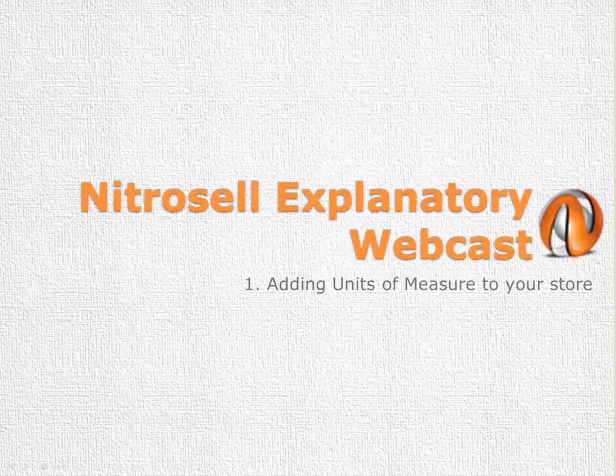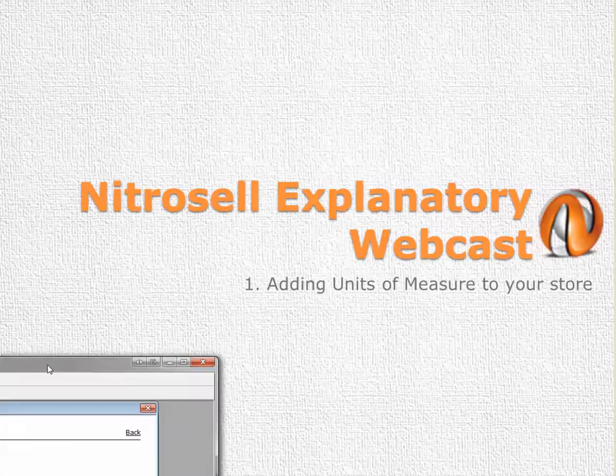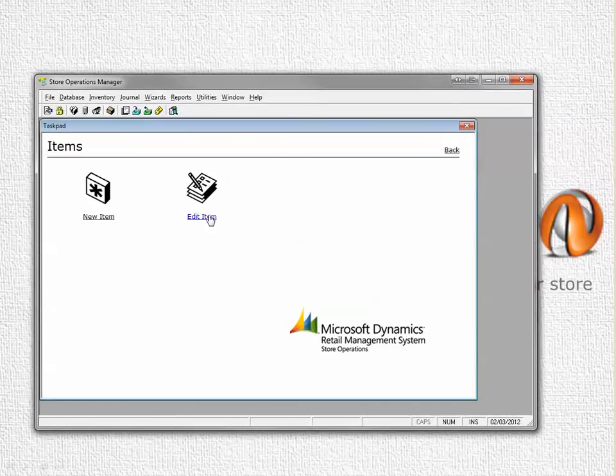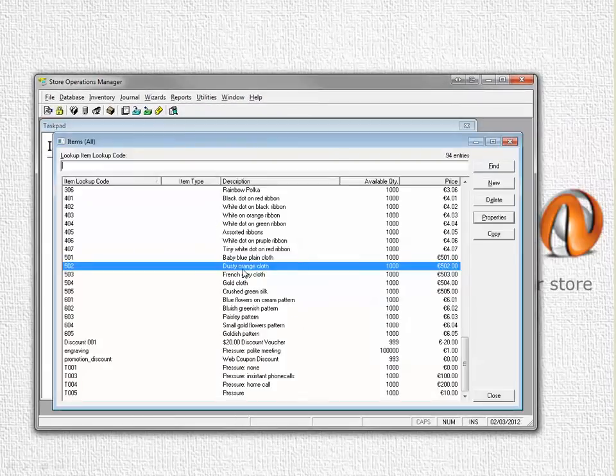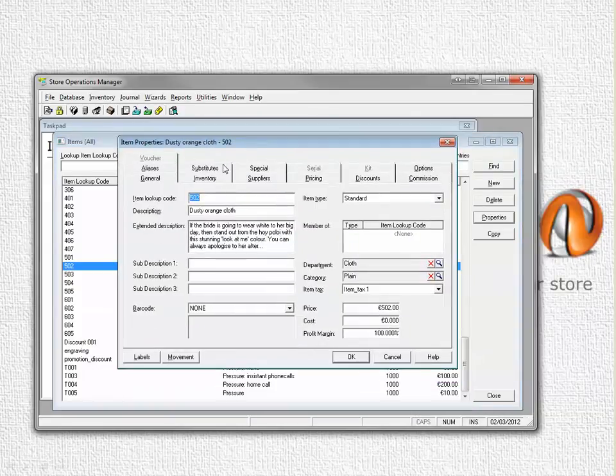This is a NitroSell explanatory webcast on how to add units of measure to items on your web store. To begin with, we're going to go into our RMS database. We're going to look at our items and select the items that we want to add units of measure to. In this example, I'm going to pick a dusty orange cloth item, double click on it, go